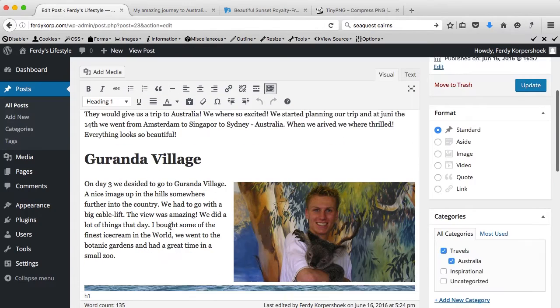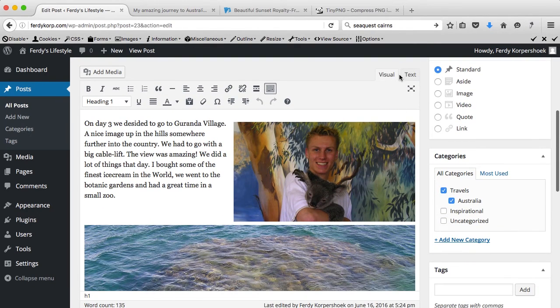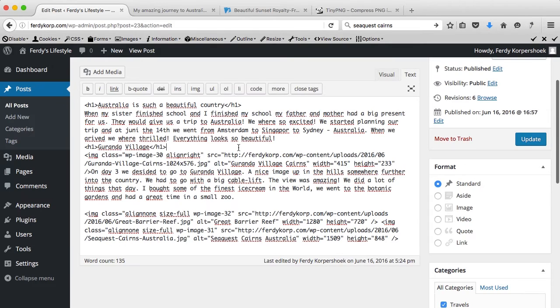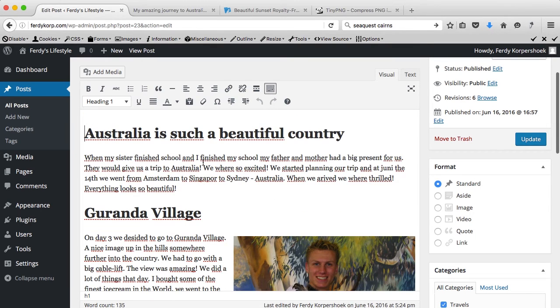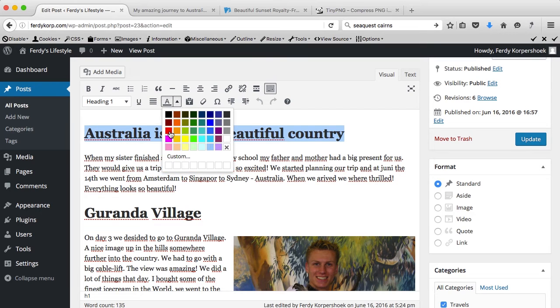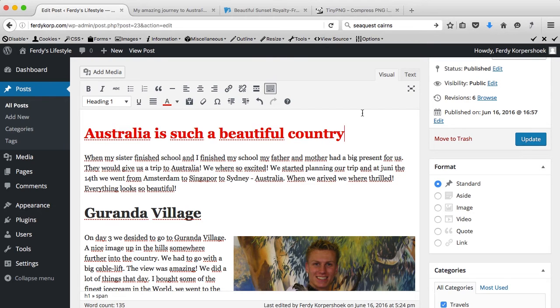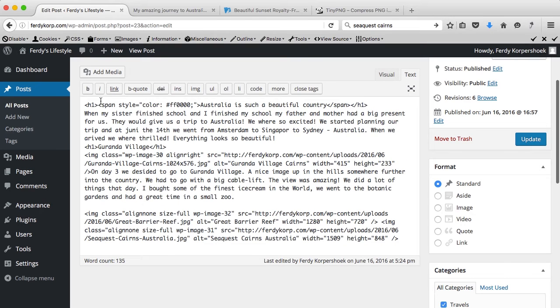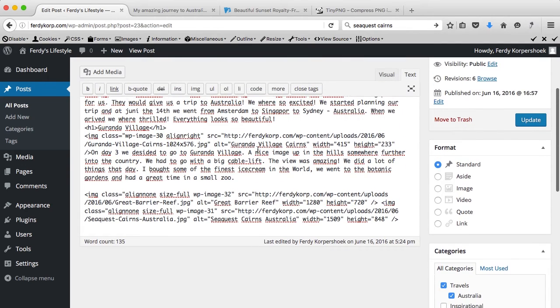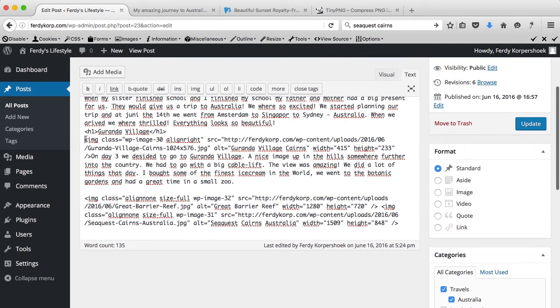So what I can do after that, there's a visual tab and a text tab. This is all the code you are making. So if I say I want this title to be red, in the text you will see the code of that, span color, and this is the code for a red color. So here you can change some other things. So we have our image over here, this stuff over here. Then we have the paragraph, and I want to say